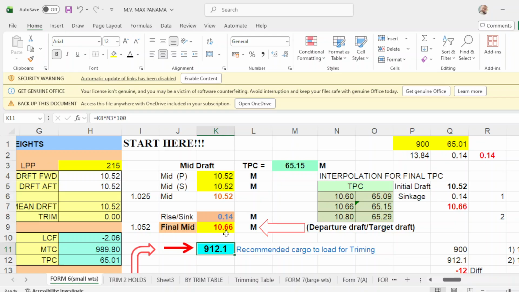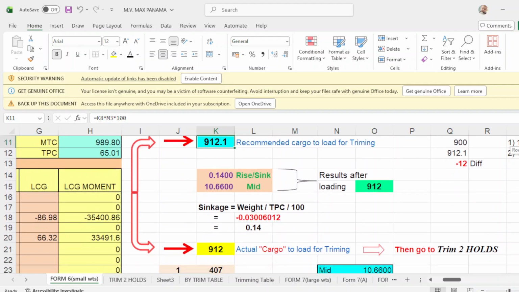TPC is from your departure drop of 10.66. You interpolate the TPC, the value of TPC at 10.66. Then you will get the TPC of 65.15, which is this one. So the formula again says sinkage, which is 0.14, times TPC, which is 65.15, times 100, and you will get this figure of 912.1. So just take note, guys, bear with me. We will follow this through.